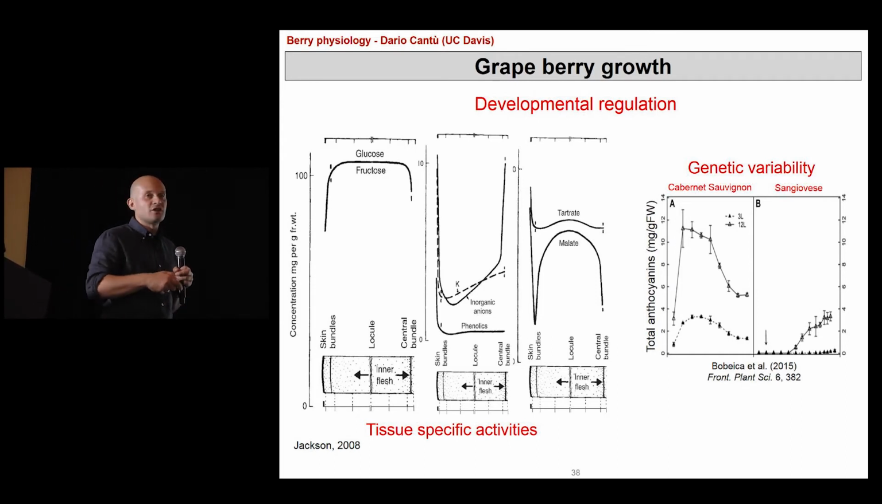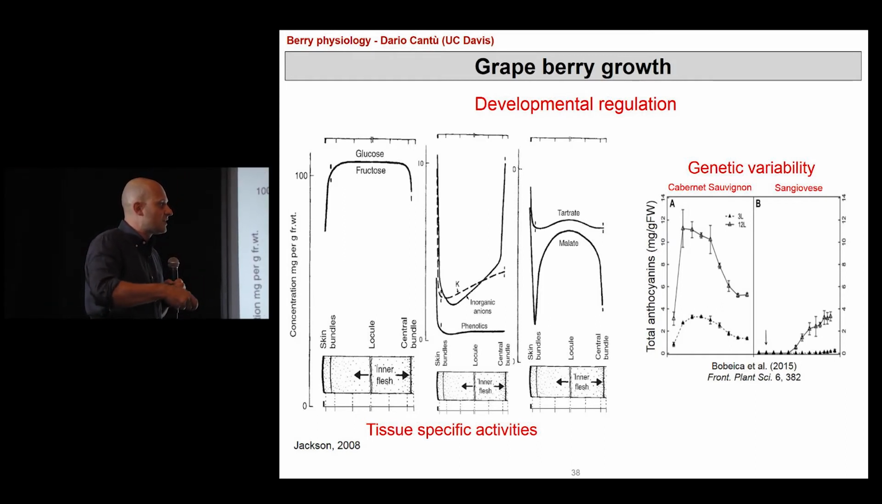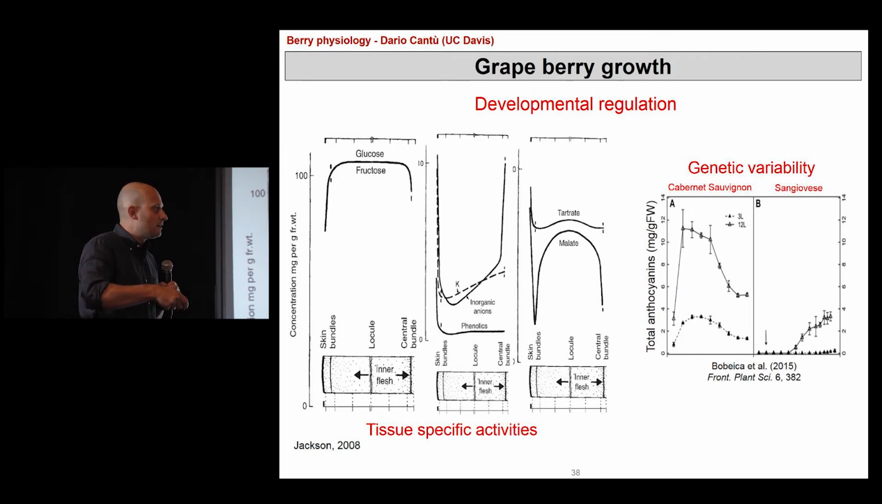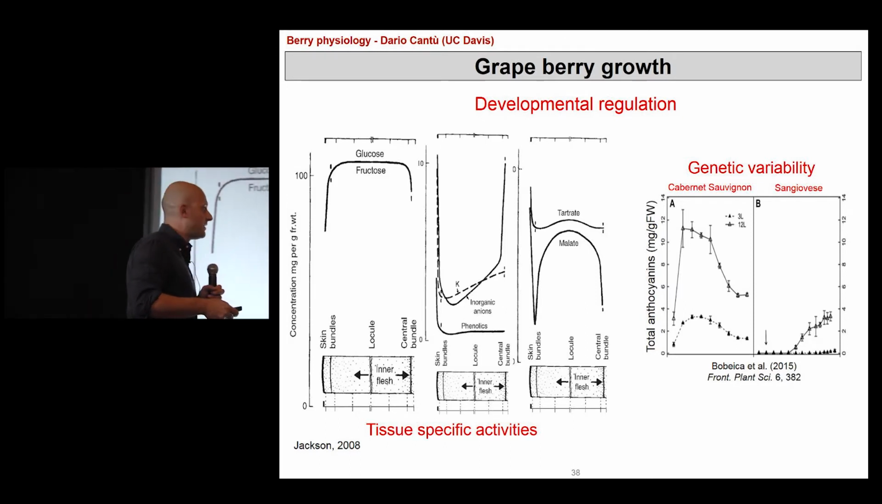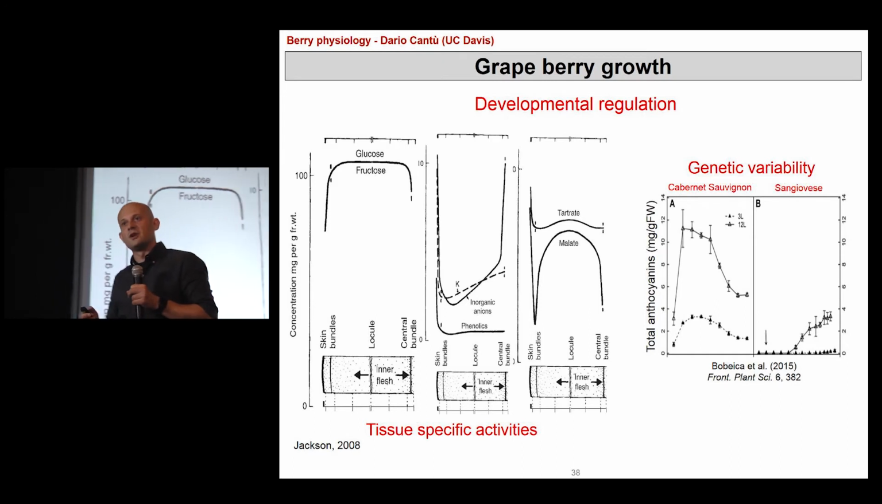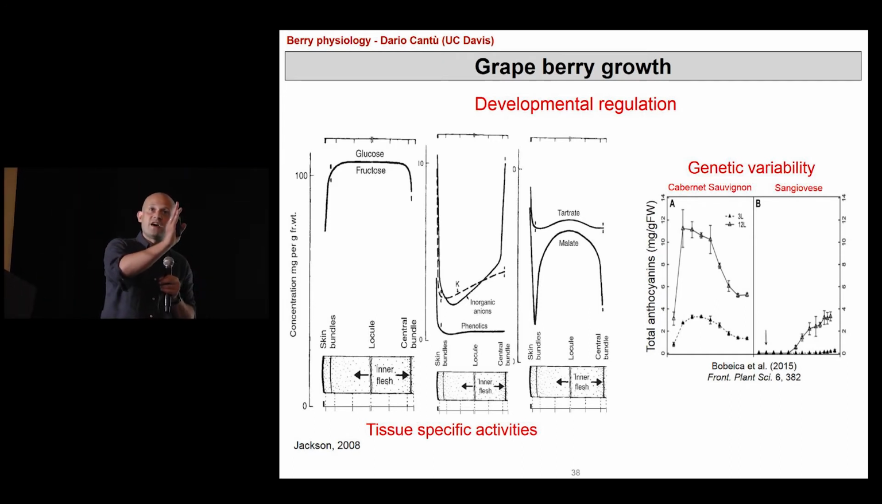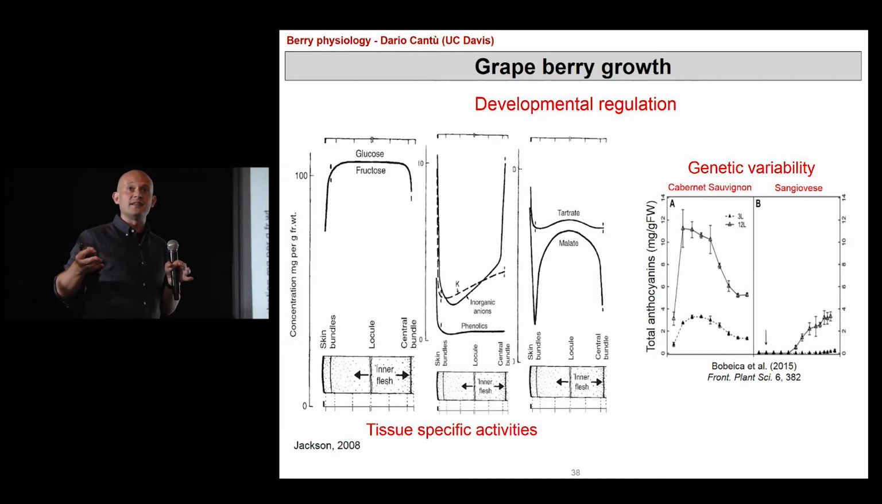And this is also under genetic control. So if you look at two different varieties, we see differences. Here is Cabernet Sauvignon and Sangiovese, just showing the total anthocyanin during ripening, very different patterns, and very different responses in this case to photosynthetic availability. These are when you have 3 leaves or 12 leaves on your vine, how berries respond in terms of phenolic acid accumulation. So you control metabolism in time during development, you control metabolism where it's happening in the berry,